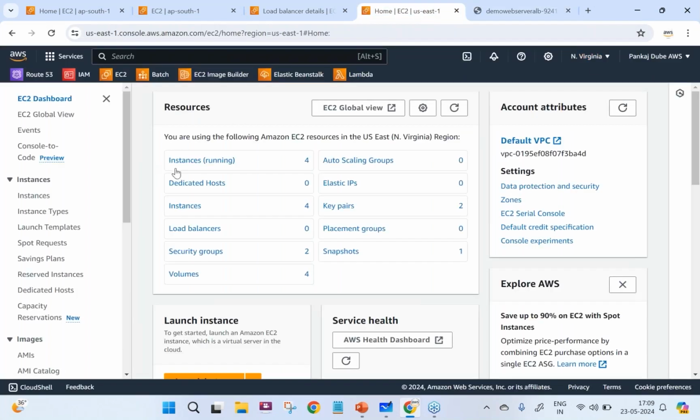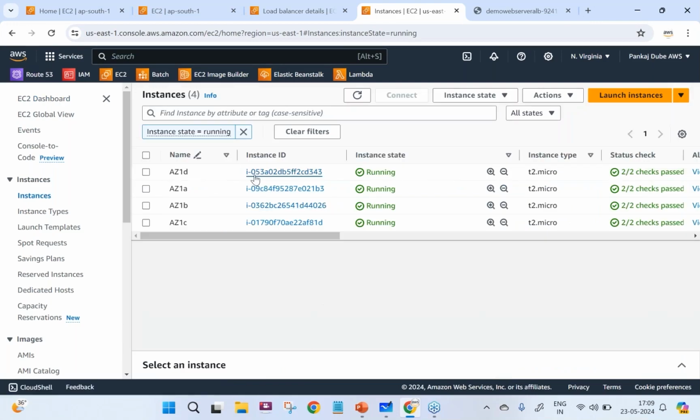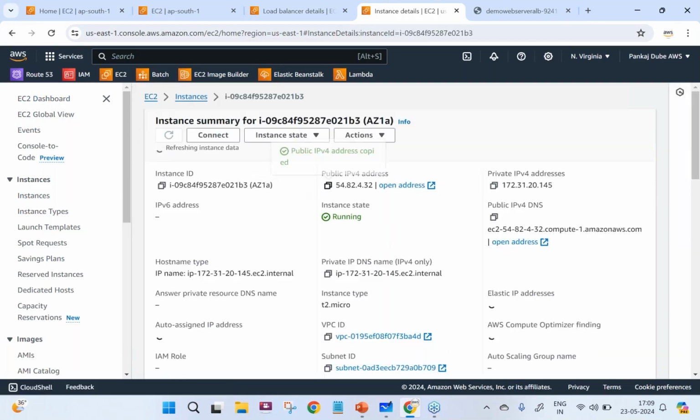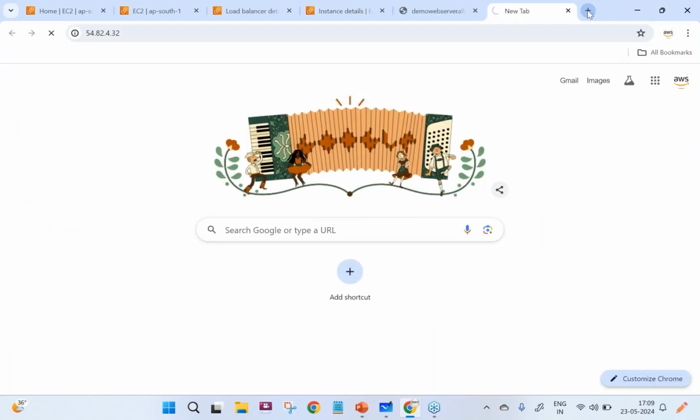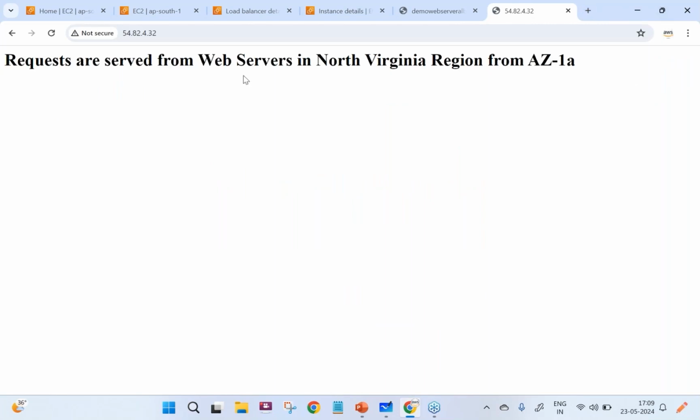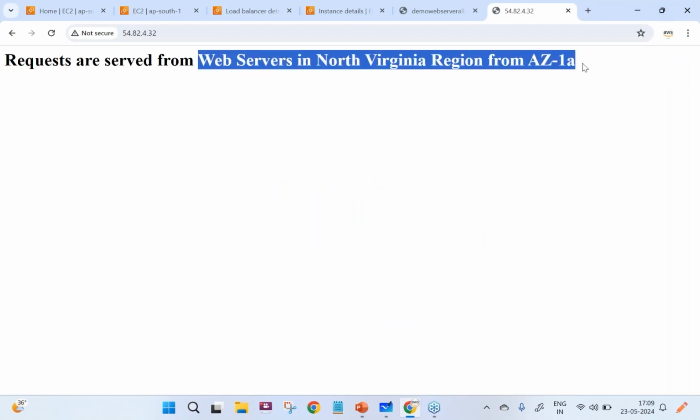And if I go to North Virginia, I have 4 EC2 instances. If I click one of the instance IDs and copy the public IP and paste it here, it says requests are served from web servers in North Virginia.